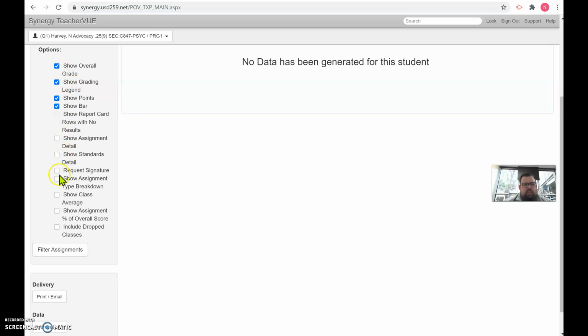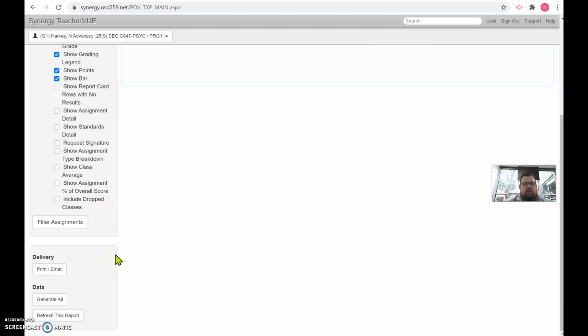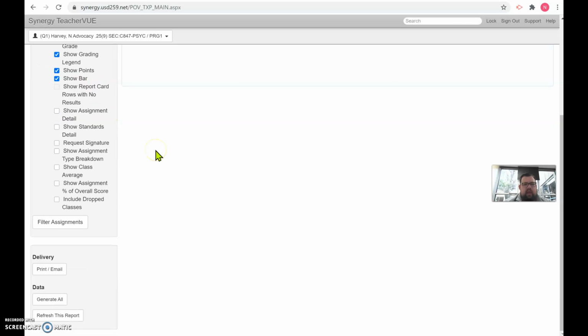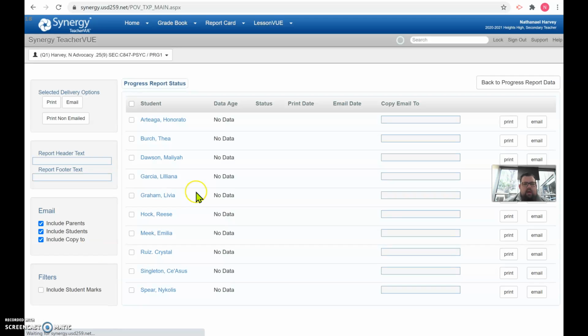These are all the options of things that you can include in your report, and you can play with that, like show all your assignments, show standards, request different things, show assignment percentage of overall score, whatever. Do a lot of different things if you want. I'm going to leave it as is, so it's just going to show their overall grade, the legend for that grade, like how many points of what they have, their points in bar. And then right here under delivery, you're going to click print email, and it's going to bring you to another